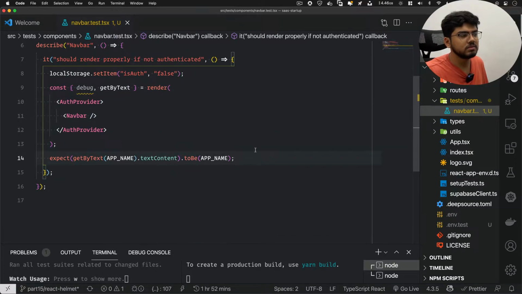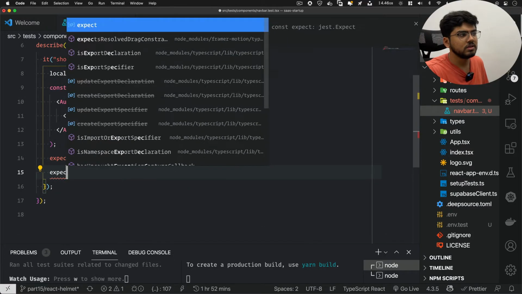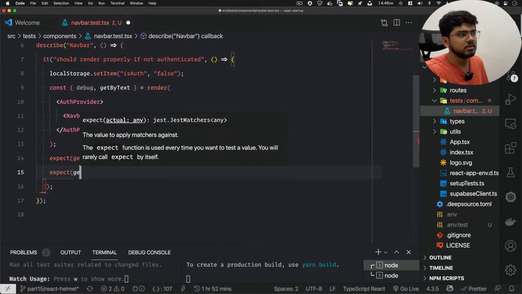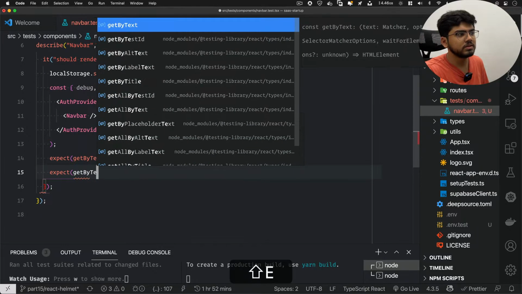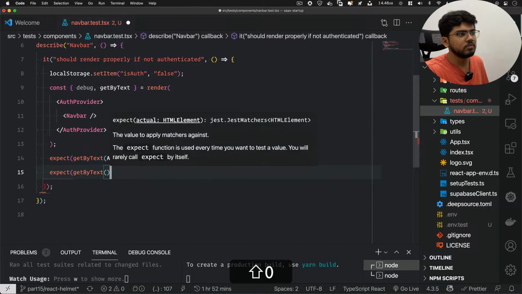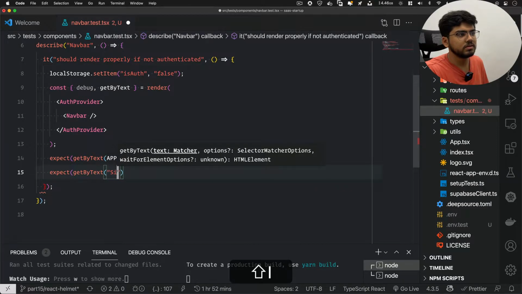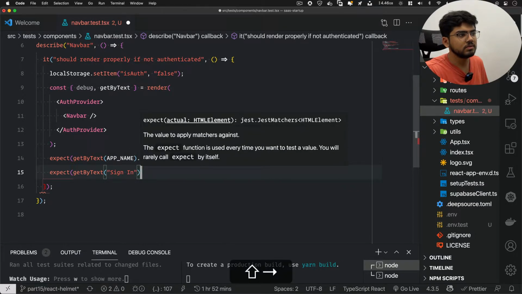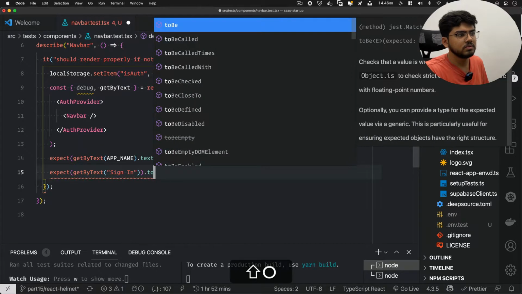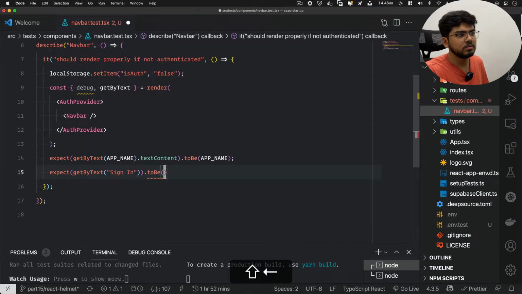The second part which we can have is expect get by text, and what we need is a sign in. Yes, sign in dot to be. It should be a link, but I need to verify.